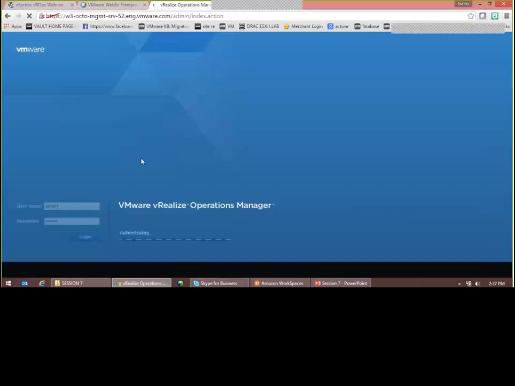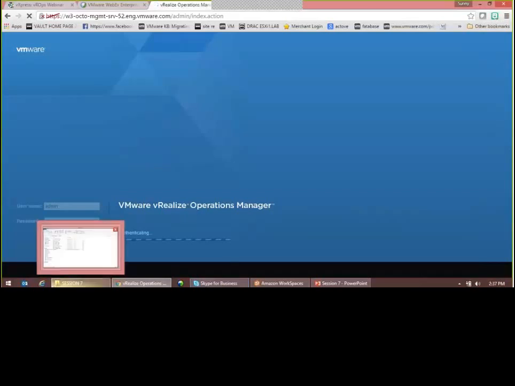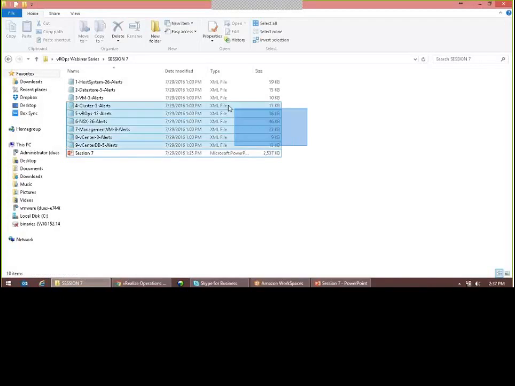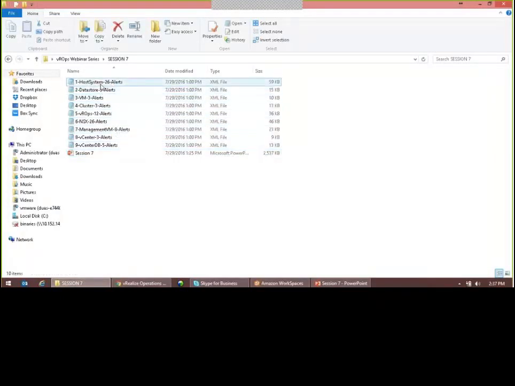And I would basically try to give you a quick tour of alerts and also probably show you the packages which I was talking about. So here are my alert packages which I have created and use basically. I have 26 host system alerts, which include some of the NSX alerts as well. 5 data store, virtual machine, cluster alerts, and so on and so forth, specific alerts for NSX using the NSX